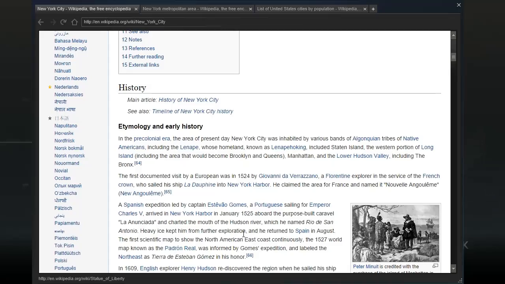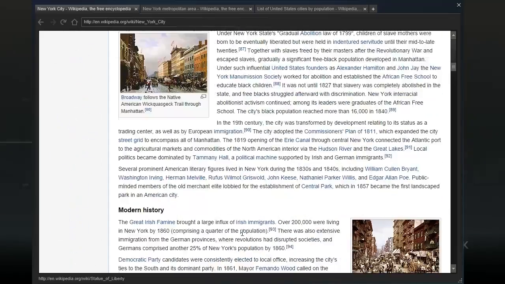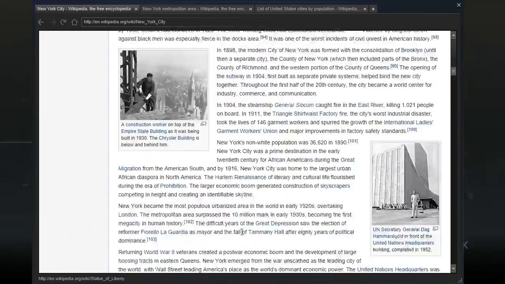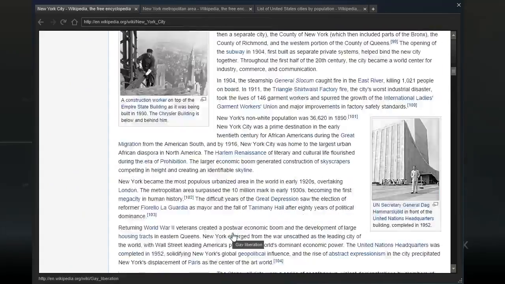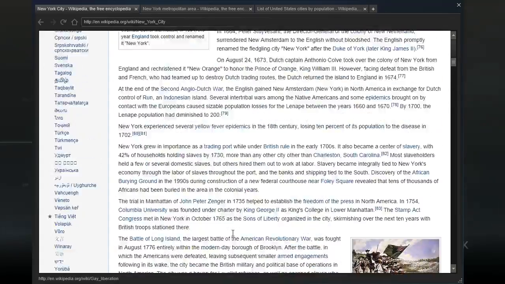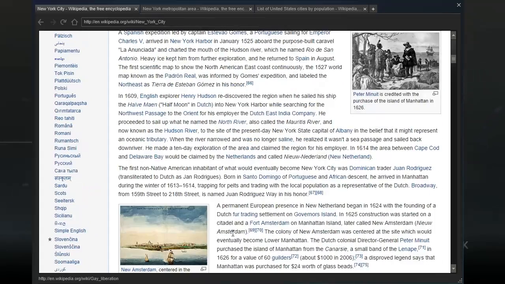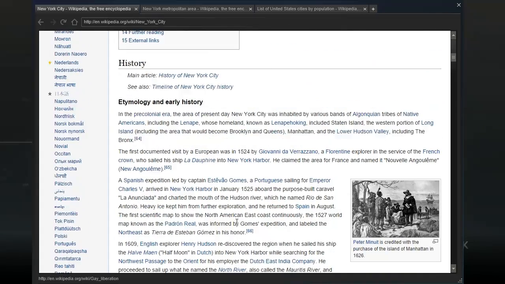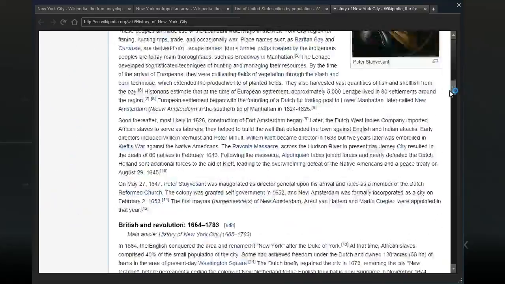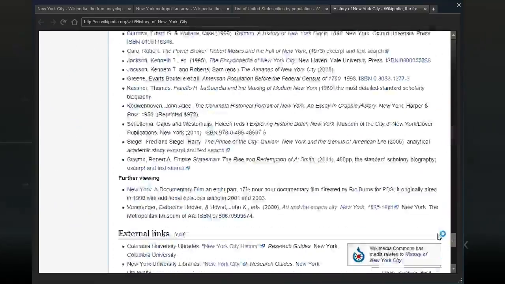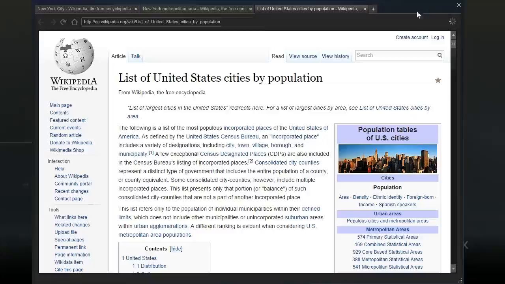So mostly we want history. Oh, let's just go for the history. The modern city is not that important to us in the game, but I think we want to see the city, and then the early history of the city, and how long is the main article? There was a main article for Boston as well. I don't know, it seems like about the same length, to be honest.